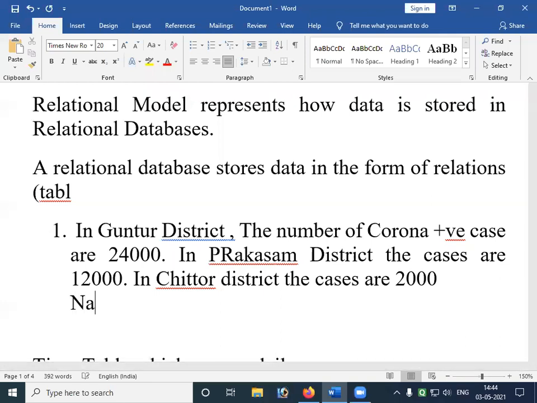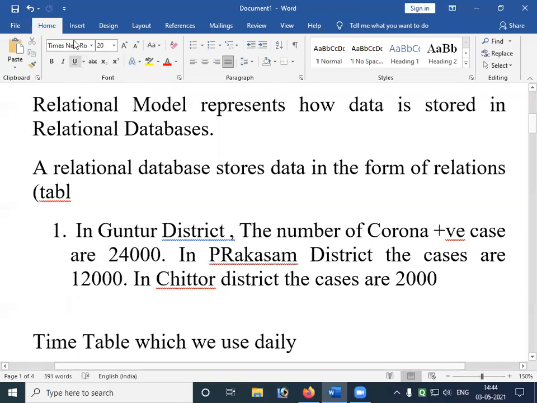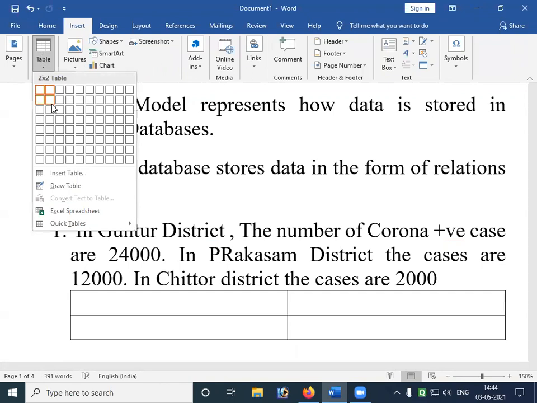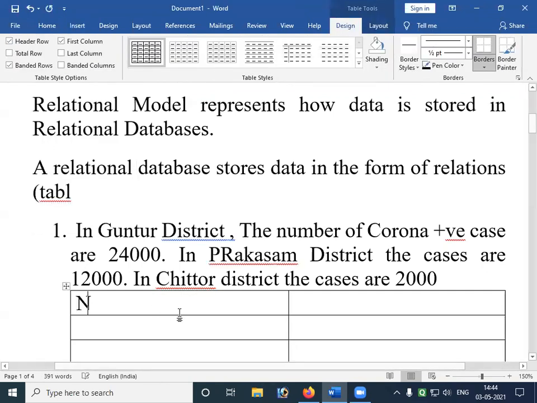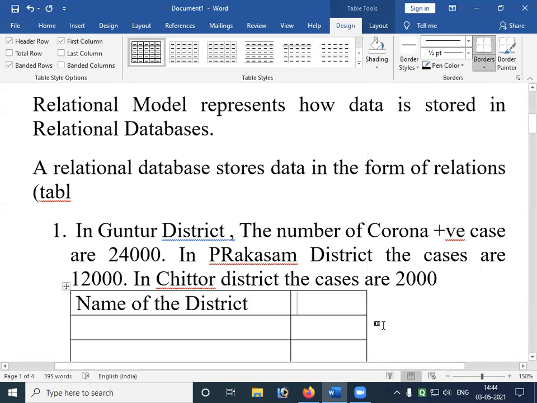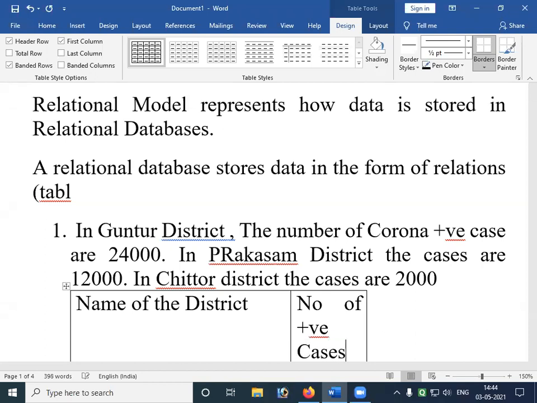See, name of this table. We'll take a table here. Name of the district, number of positive cases.